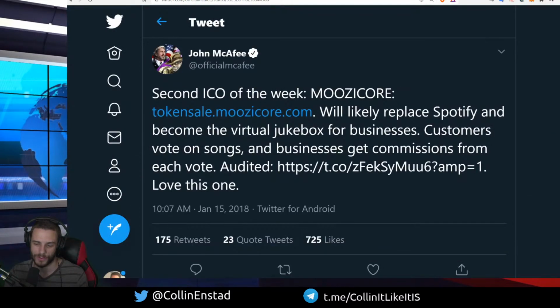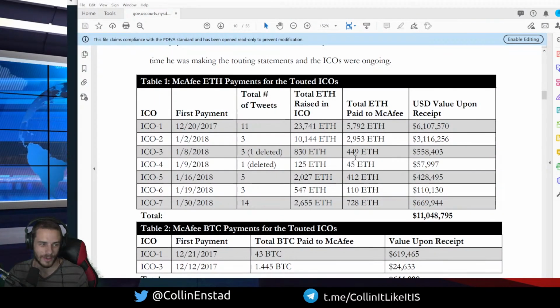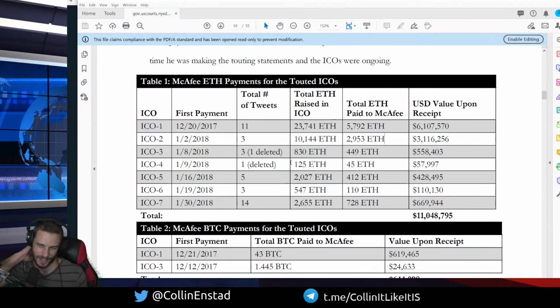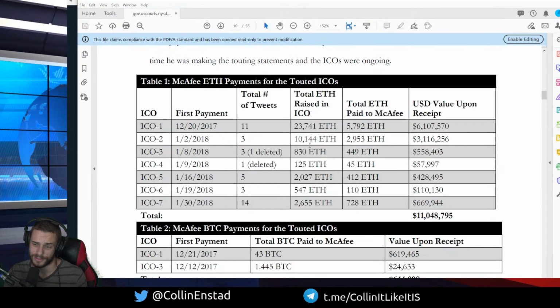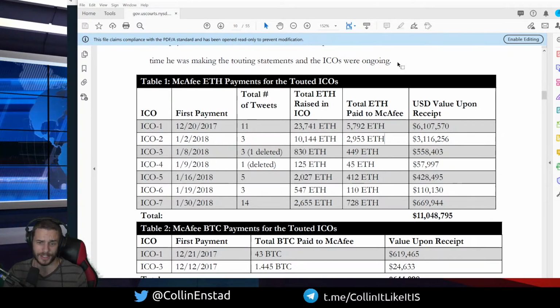So the fourth one, it said in this report that he deleted it because he found out it was kind of scammy or something, but he still made 45 ETH, which is about $57,000. So we only had one tweet. I couldn't find that one. And so ICO number 5,